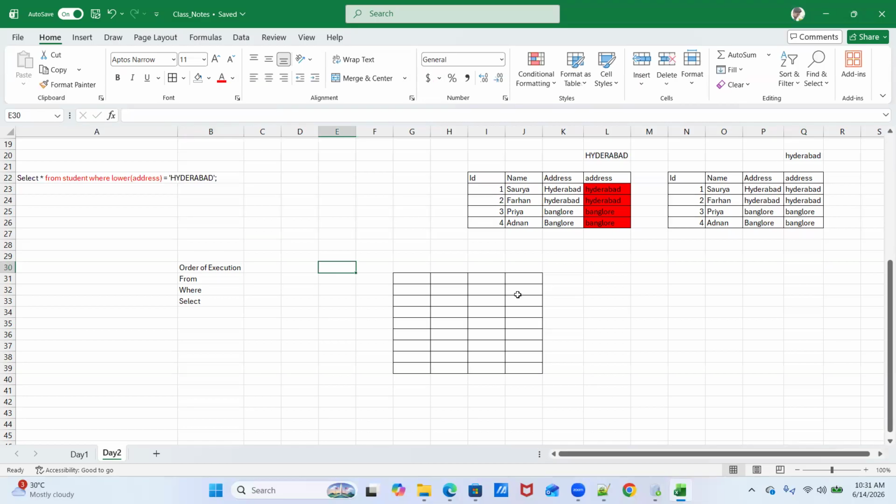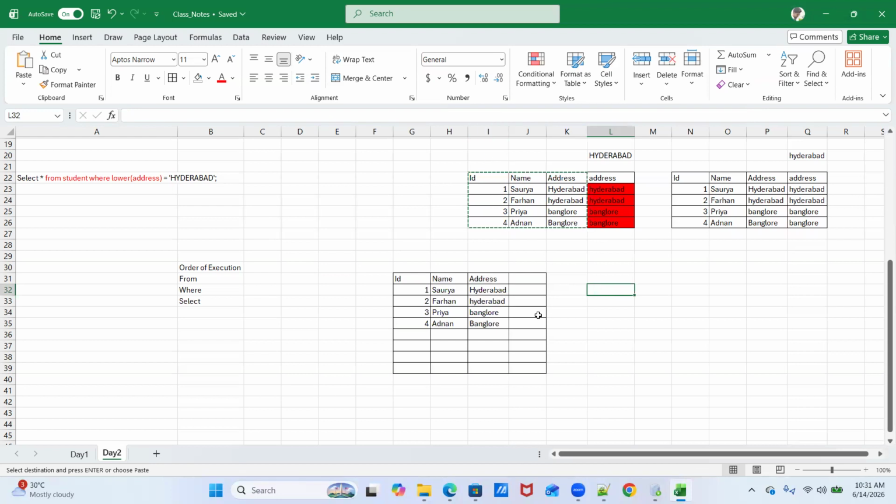Let's say this is our table that the engine kept in temporary memory. The engine sees the user wants to filter the records based on where lower of address.